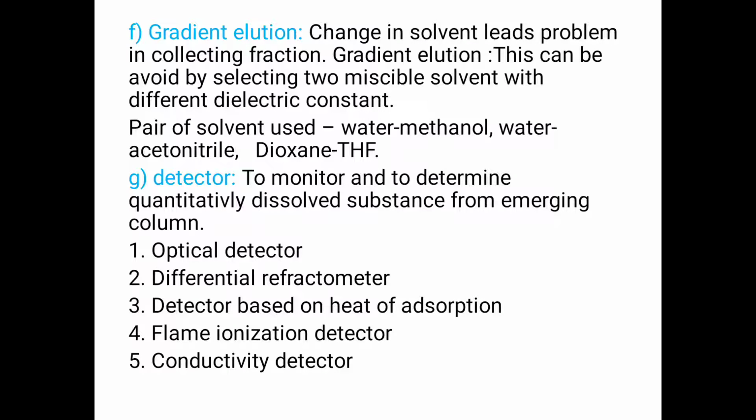Let's see first the optical detectors. These are old types of flow analysis detectors with a very small cell made from glass or quartz, used for continuous photometric analysis with visible or UV light of appropriate wavelength. If the sample does not absorb in this region, a reagent is added to produce color reactions, which can be measured photometrically.